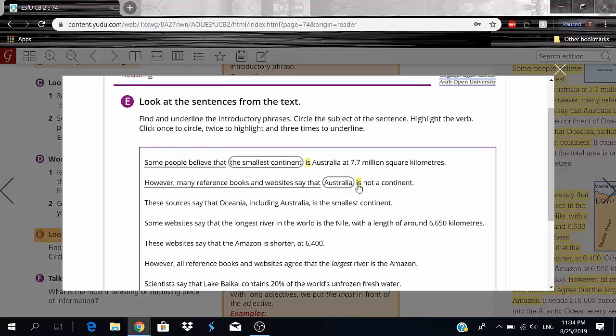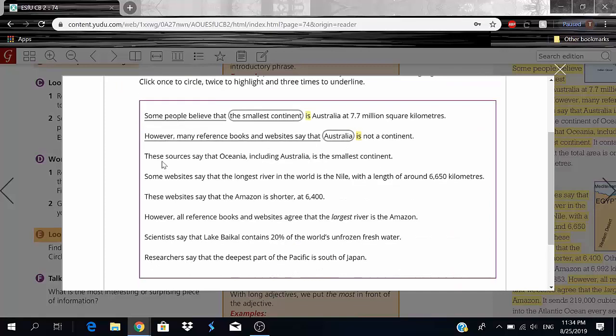Okay, you guys? It's really simple. You just got to get the hang of it. Just like playing a video game. You got to teach your brain how to recognize the introductory phrases and, you know, finding the subject and finally getting the verb. Okay? Now, let's move on.